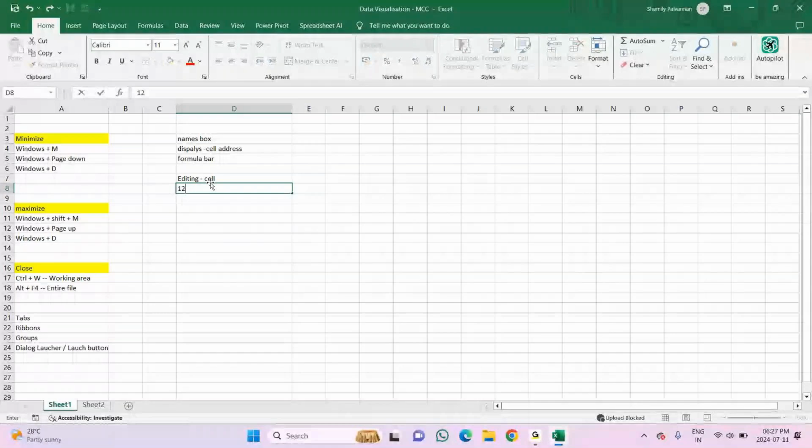Then the next option, you can click in the formula bar and start typing there. And the last one, you can use the shortcut key F2 to edit the cell.